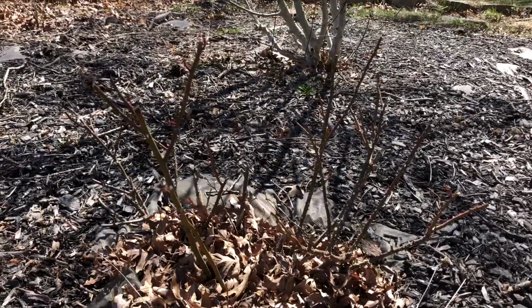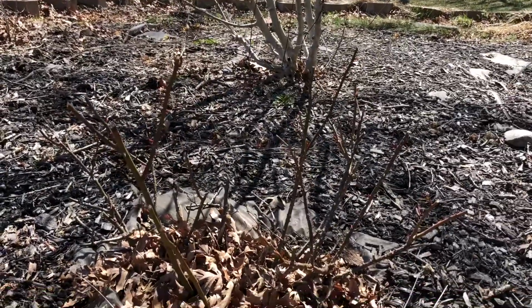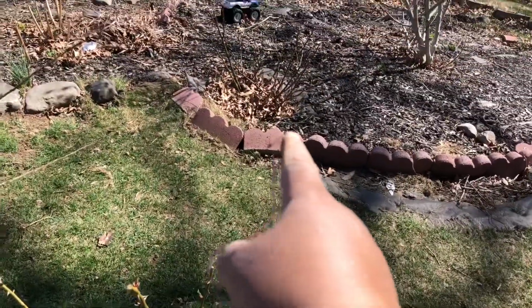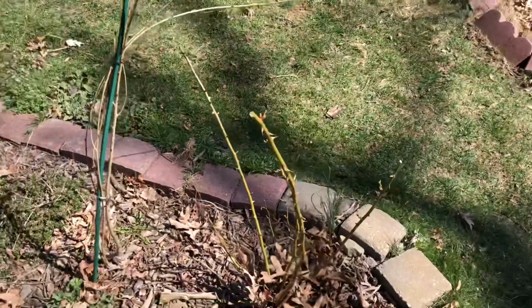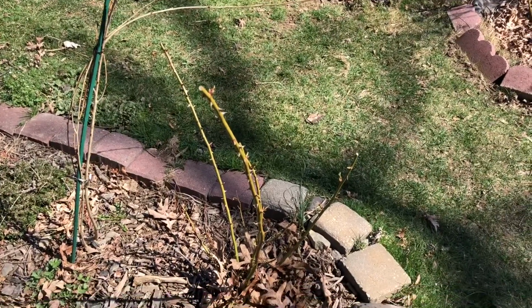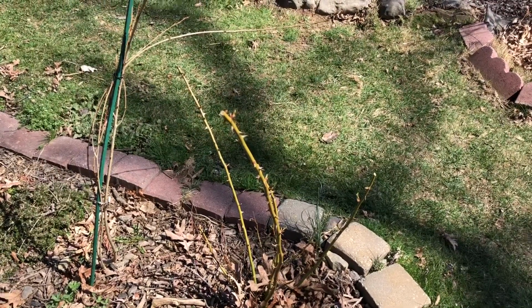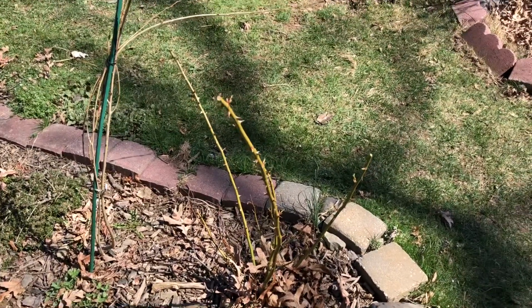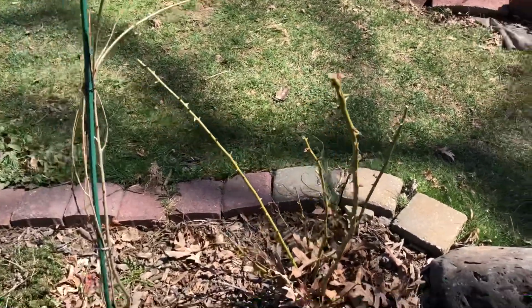There are very tiny buds, if you can see, they are ready to grow. So it was important to trim. I trimmed this one too. After that I showed you there, and then on this side also I have one, which was a beautiful grafted rose, but now it blooms the root color, which is red. It looks pretty, but originally I thought it is a pink multi-layered another variety, I forgot the name. But somehow I like the red, the way it blooms, that's why I have not removed it. But with time I may transplant it to a different location. But right now, see,